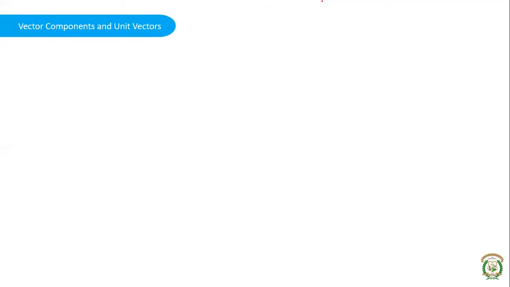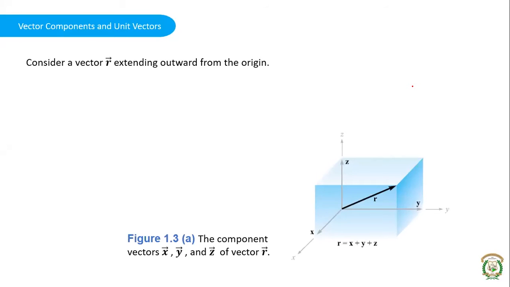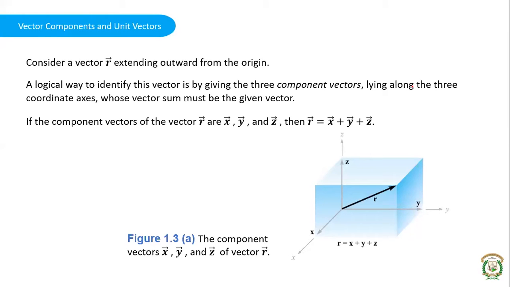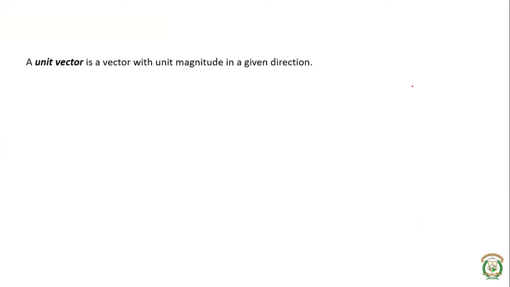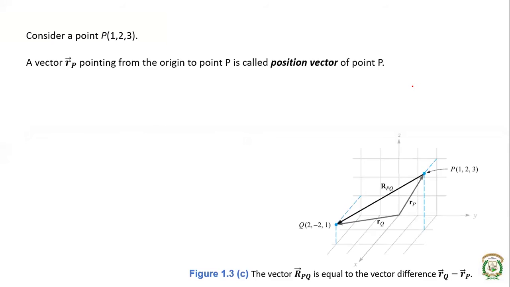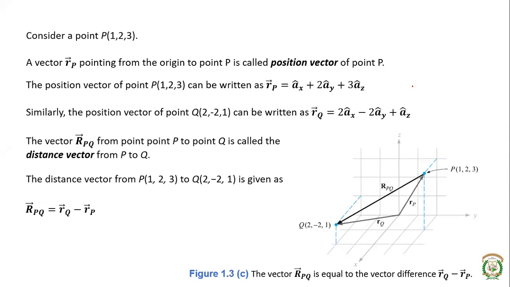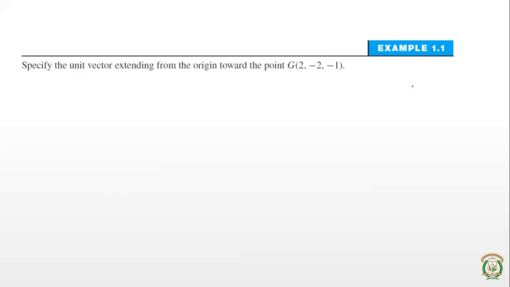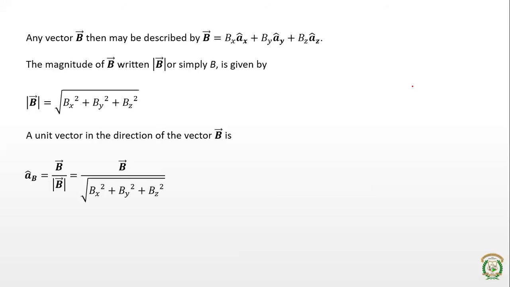Okay, let me begin. Before we begin, we will just refresh what we have seen in yesterday's class. We have seen some vector components. That is, we have seen the position vector of a particular point and also the distance vector that gives the distance between the 2 points, right? And also we have seen the concept of unit vector, to find the unit vector in a particular direction. So we will be using all these things in our numerical example.